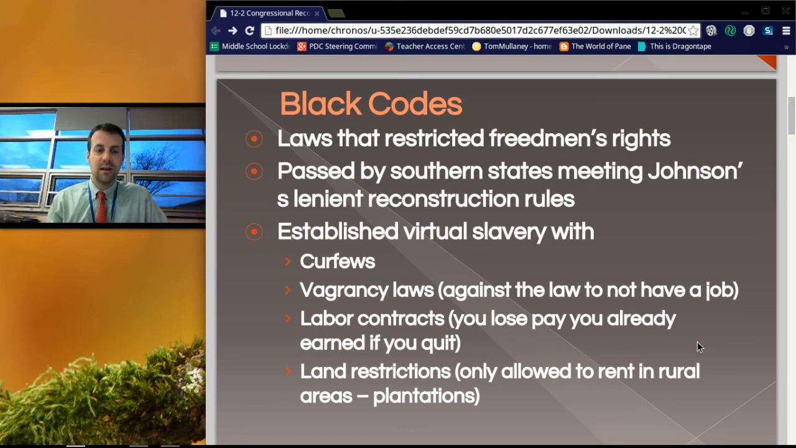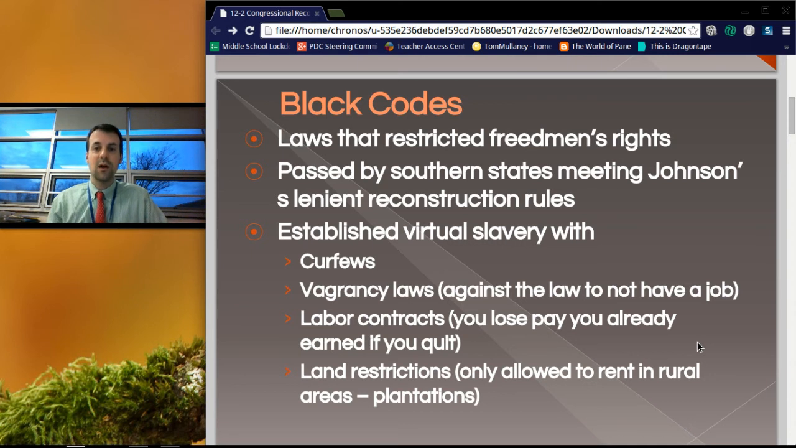President Johnson, if you remember from the last lesson recap, was opposed to a punitive Reconstruction plan. His plan had lenient Reconstruction rules. It established virtual slavery with curfews, vagrancy laws, which means it's against the law to not have a job, labor